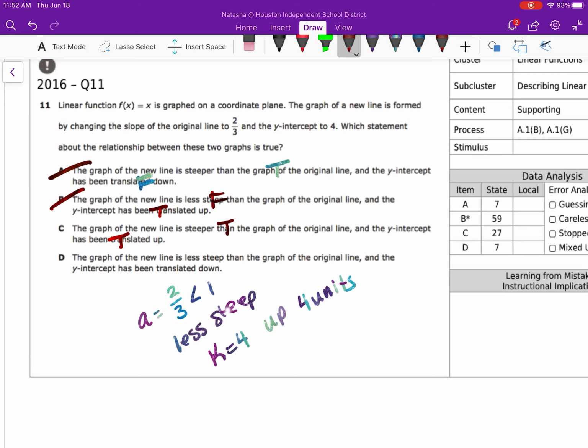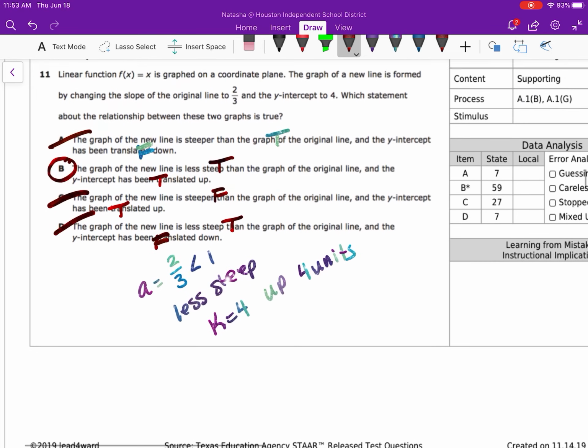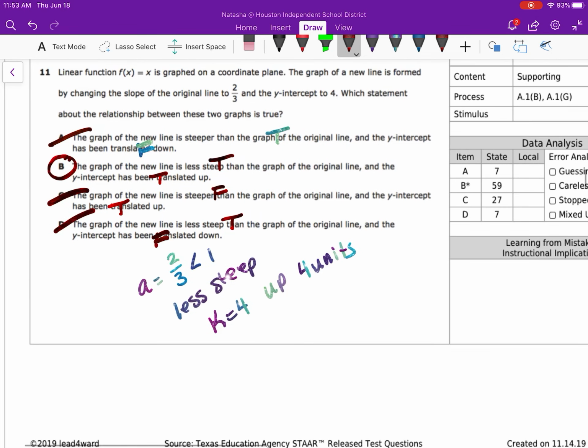Sorry, less steep. My apologies. Hold on. It's not letting me erase. There we go. That's actually less steep. That's actually true. This one, steeper, that's false. So my answer choice is B. Sorry about that. The graph of the new line is less steep. That's true. That's false. So it has to be B. So C and D, I was going through that and I tripped myself up. All right. See you in the